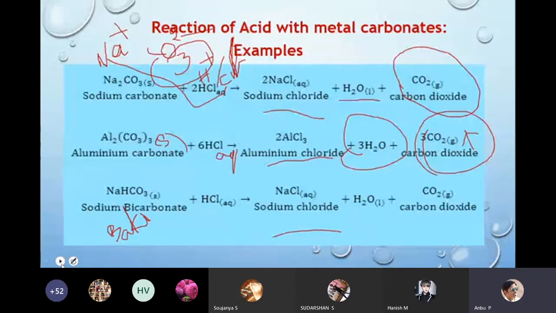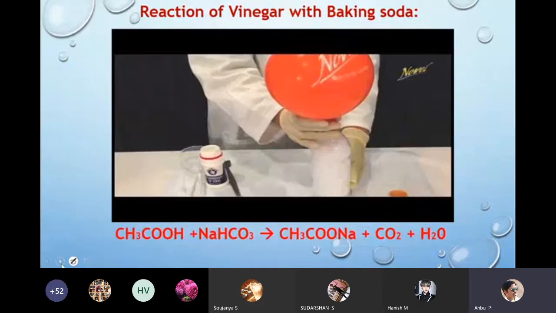Maybe I will show you the video where the reaction between acetic acid and baking soda is carried out, which releases a large amount of carbon dioxide gas. That is what this video will show you. I have also written the equation: the reaction of vinegar with baking soda. The vinegar is nothing but acetic acid. The formula is CH3